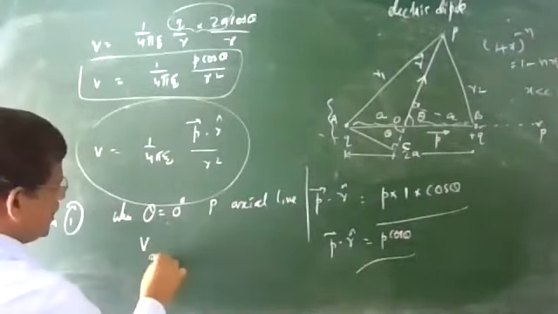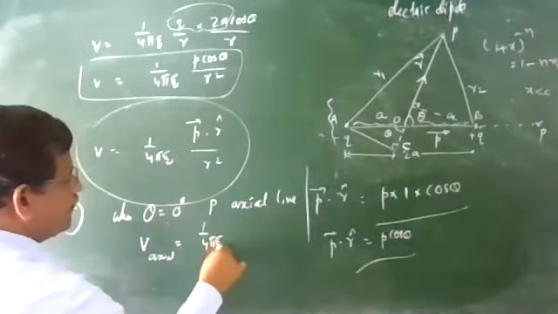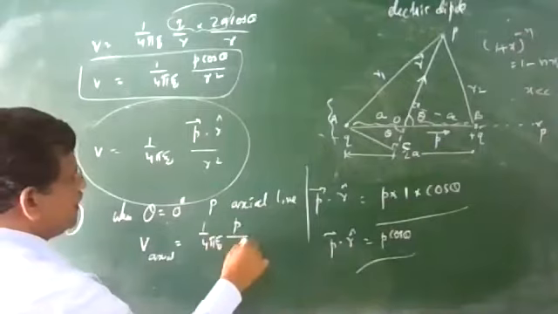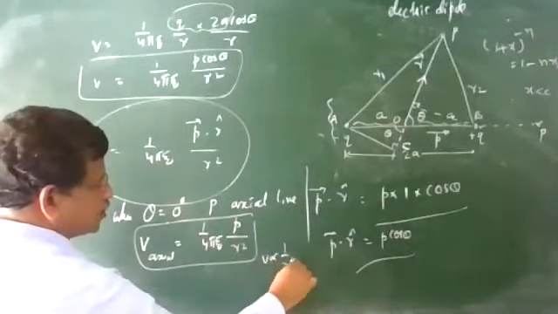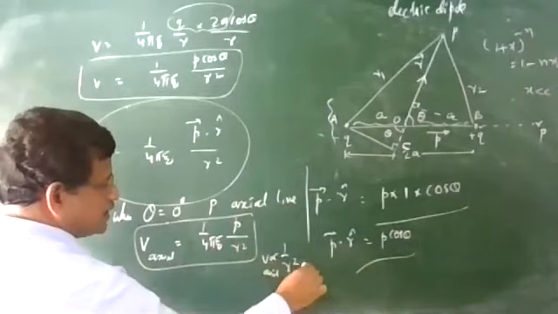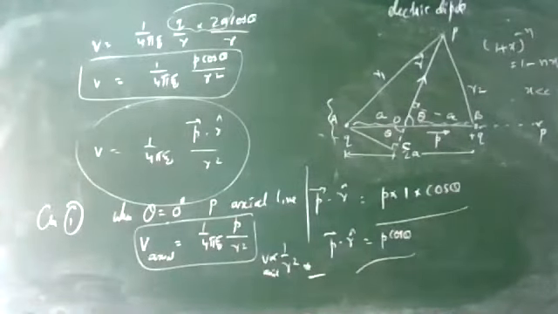What is the value on the axial line? Potential on the axial line of a dipole, a very important equation, is V = (1/4πε0) P cos 0 / r², which is P by r square. So V is proportional to 1 by r square along the axial line. This often appears in objective type questions. V along the axial line is inversely proportional to the square of the distance, so note down this point in your copy.